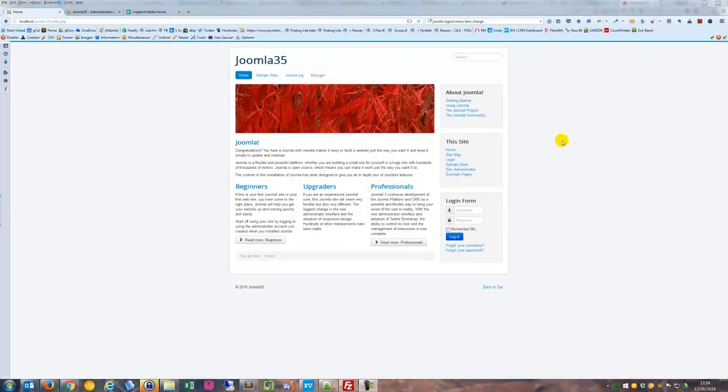So this is a very quick Joomla London demo on how to improve the standard Joomla login workflow. You can see here I've got a standard Joomla 3.5 install with demo data. The only thing I've done is add a login option at the top menu. We've got a login option here on the side menu, and we've got our login form. If I log in,